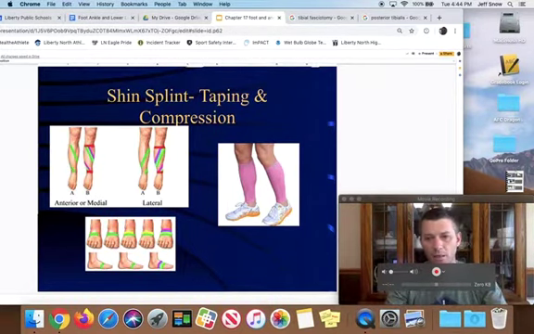If their root cause is flat feet and you tape their shin or you wear a compression sock, that's not going to fix the problem. They'll feel it. They may get some prophylactic experience there, but you're not addressing the root